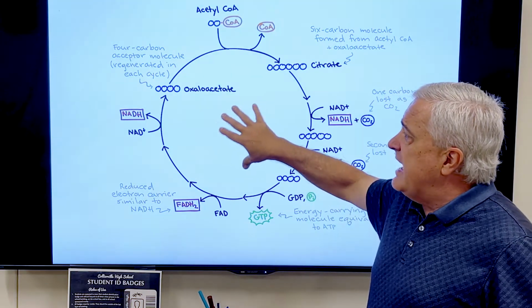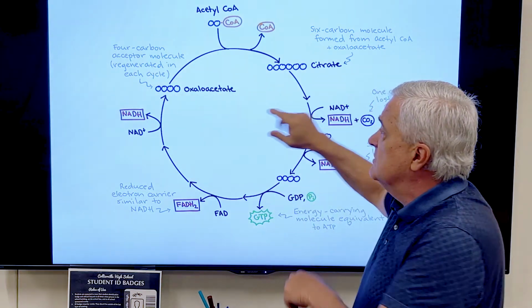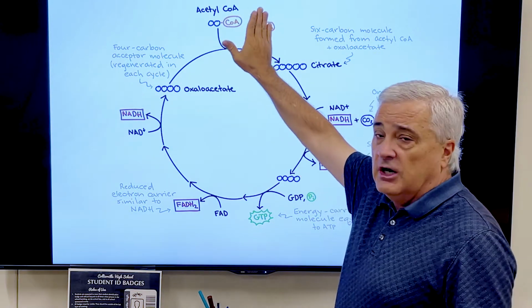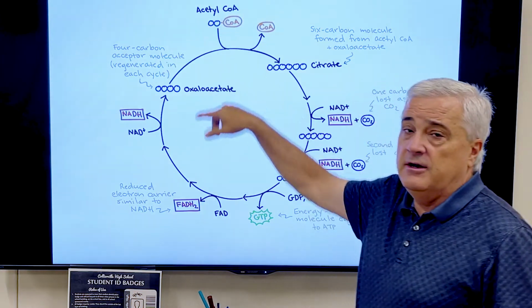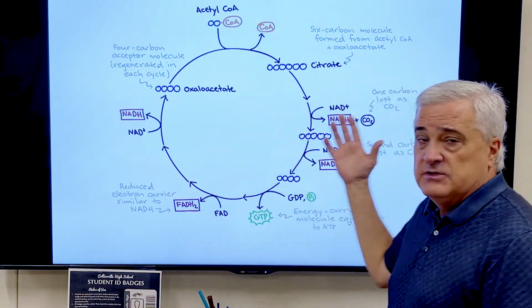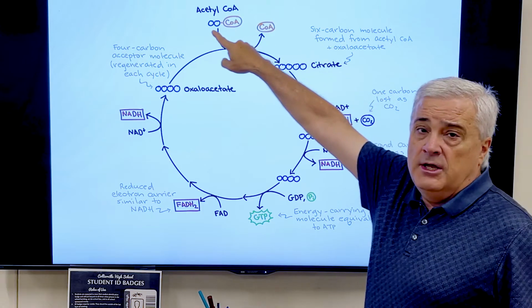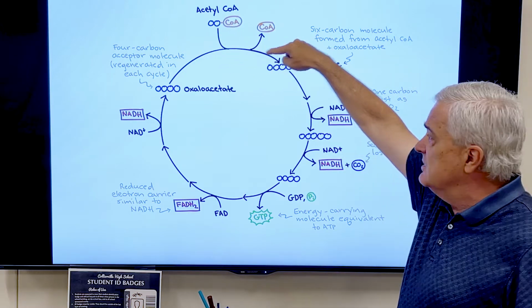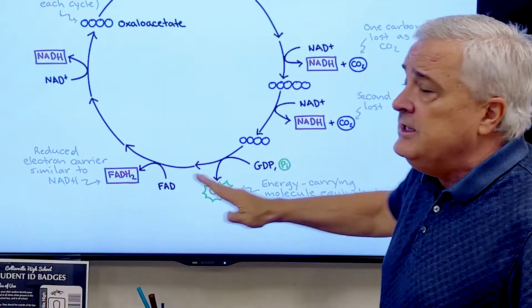When you first look at it, you need to see all these parts at once. You can't just not have these other pieces, because you have to have this piece to start the process when the pyruvic acid is broken down into that. Now, a lot of numbers, a lot of carbons, a lot of letters. It's like a big alphabet soup. But what you need to know is that one pyruvic acid comes in, becomes a 6-carbon thing, and then as it swings through the system,